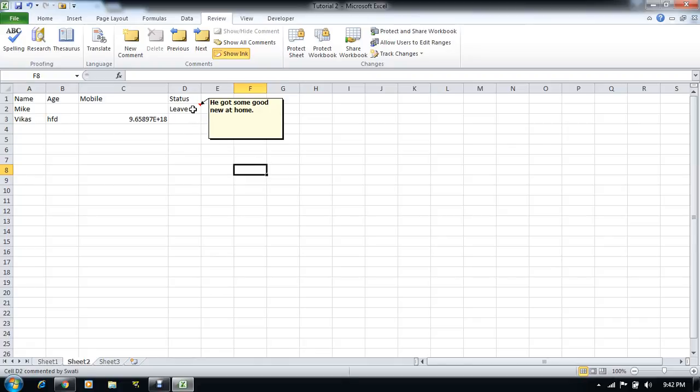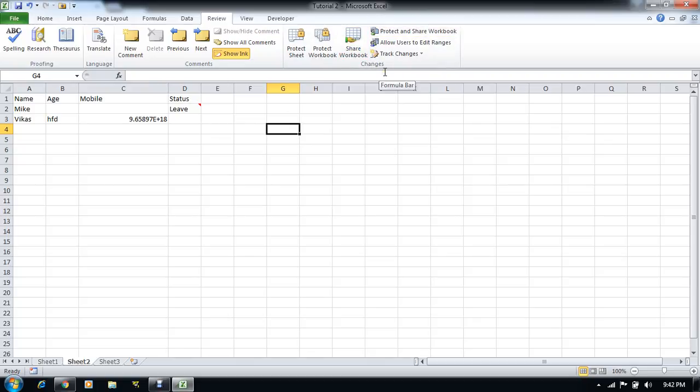When we hover our cursor over the cell, the comment will pop up automatically and show why Mike is on leave. We can see here that he got some good news at home, so he has gone home to enjoy that good news.